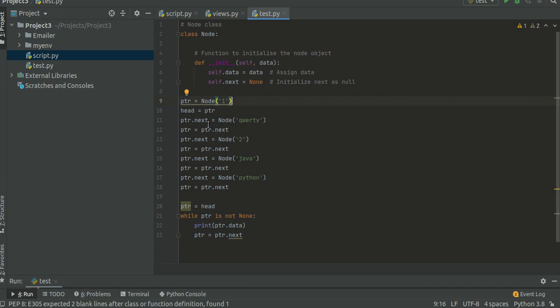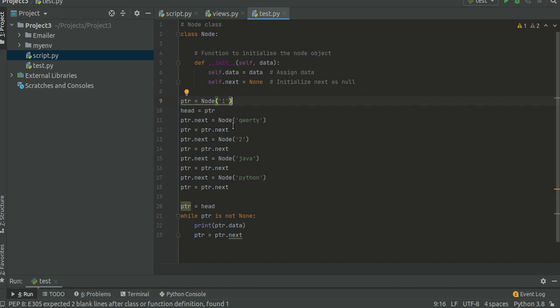Then ptr.next. Ptr.next means the value of next of the node having 1. Again we instantiate another node. Then we define QWERTY. This is another variable. This becomes data.